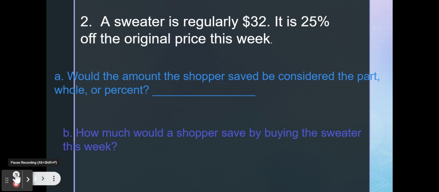Okay, moving on to the next part. At the top of your page, it says 4 and mine says 2. Don't worry about that. The lingo is still the same. You're going to fill in the blanks as I go and write down anything that's missing. So a sweater is regularly $32. It is 20